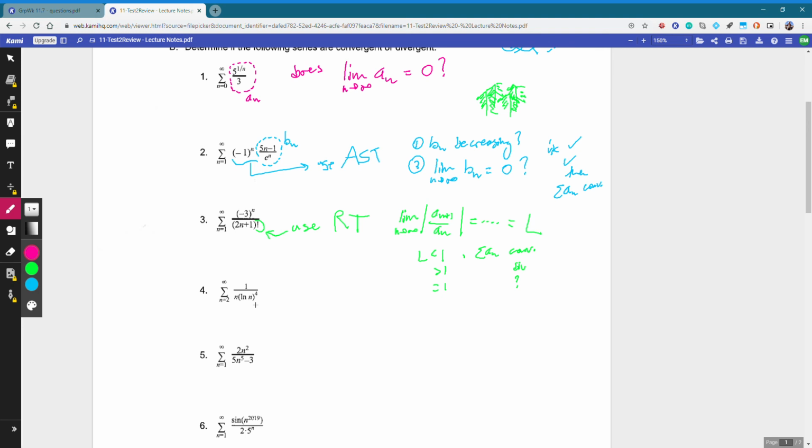Thinking about the integral test is the one that's kind of left at the bottom. And here, if this series was an integral, I claim that we could make this work. If we just look at the terms here, it's something we could integrate. And so with this one, number 4, our idea is to use the integral test. And for that, we'd want to check